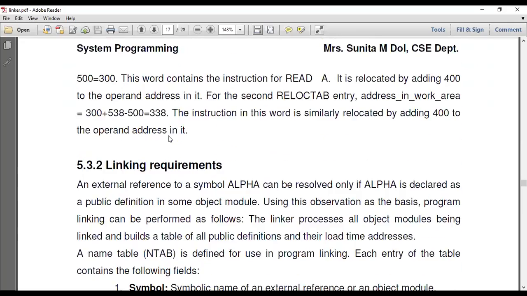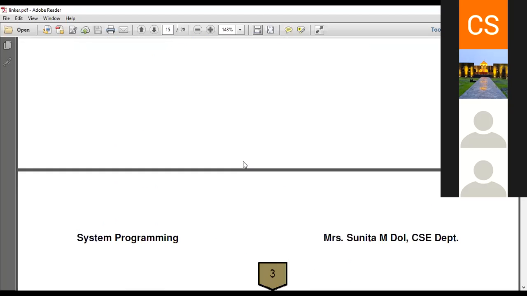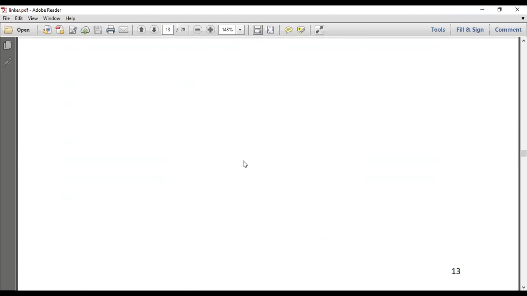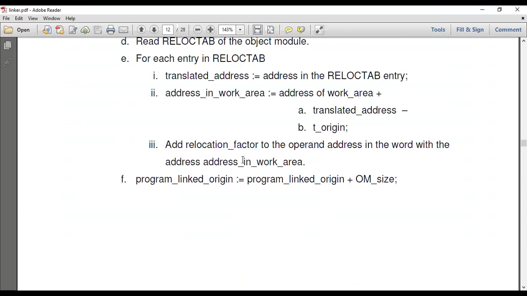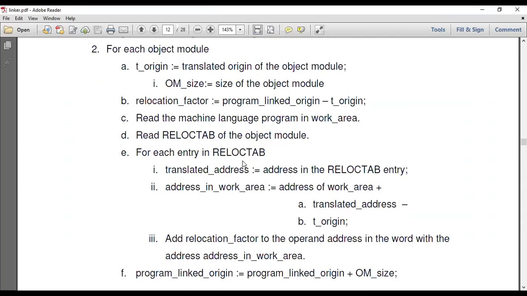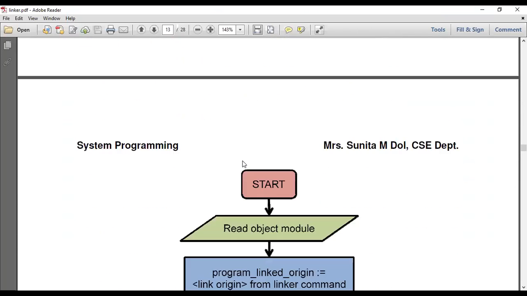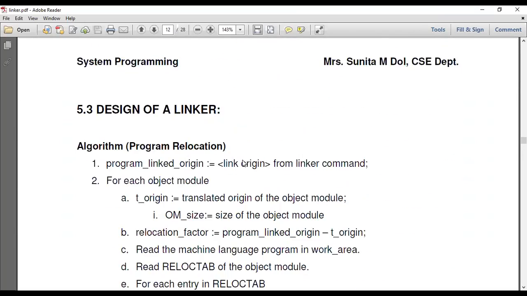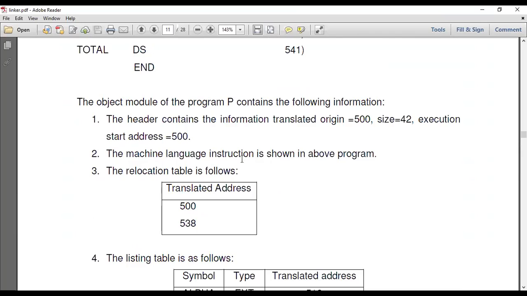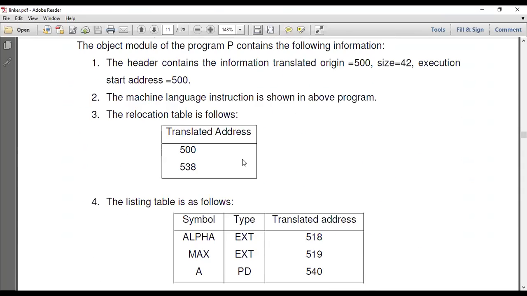This is the program linking, and this is the relocation. And this is the object module for this program, and this is the relocation table.